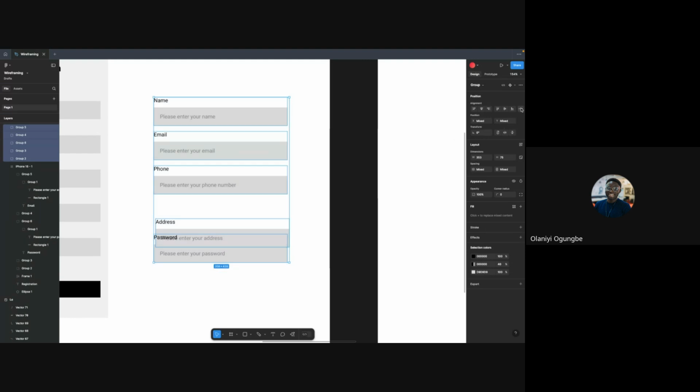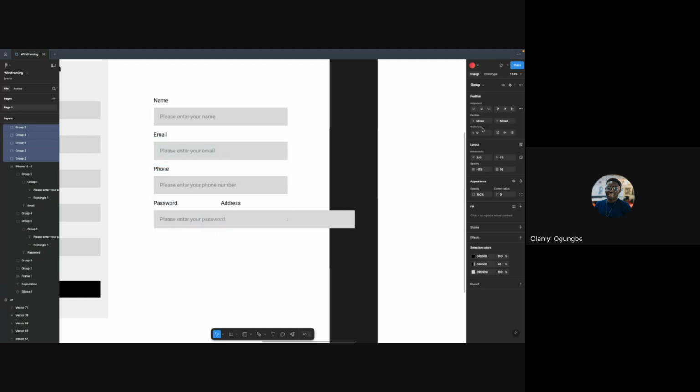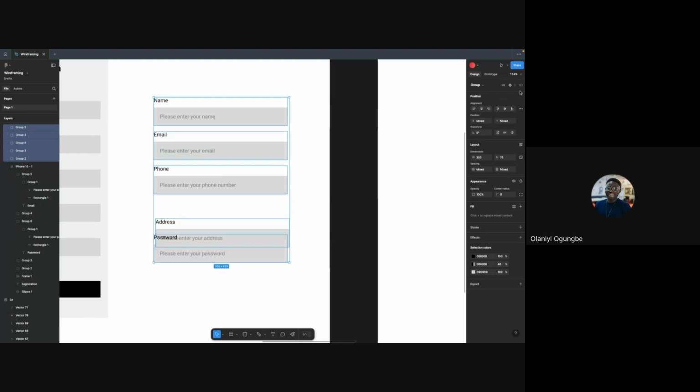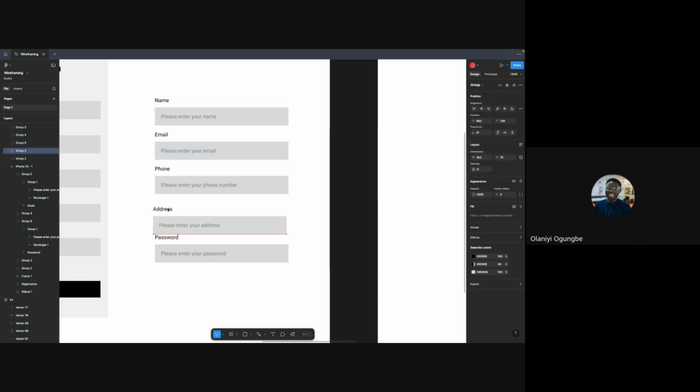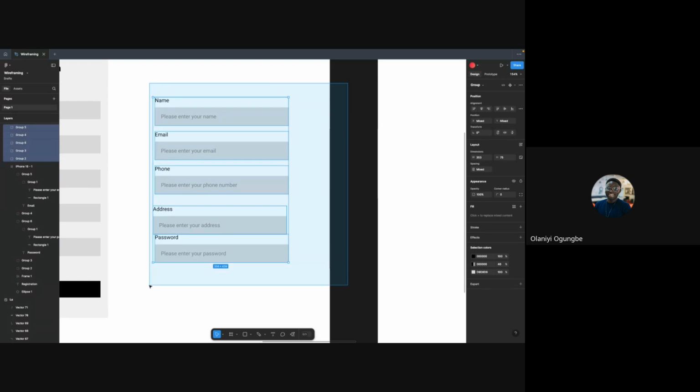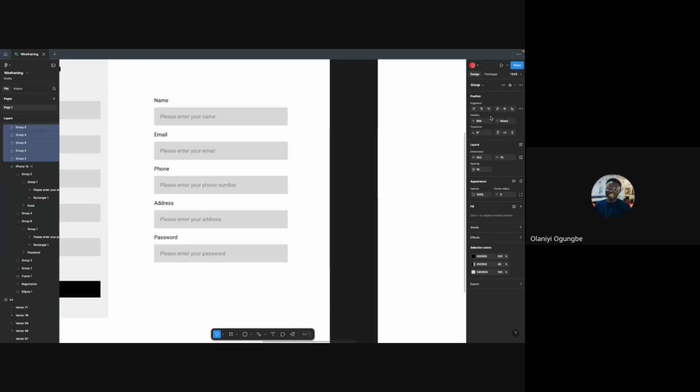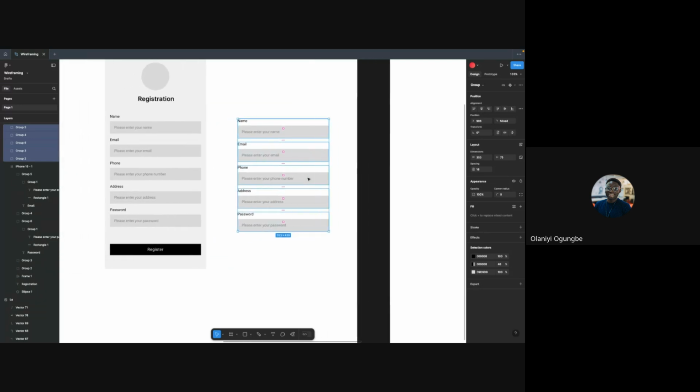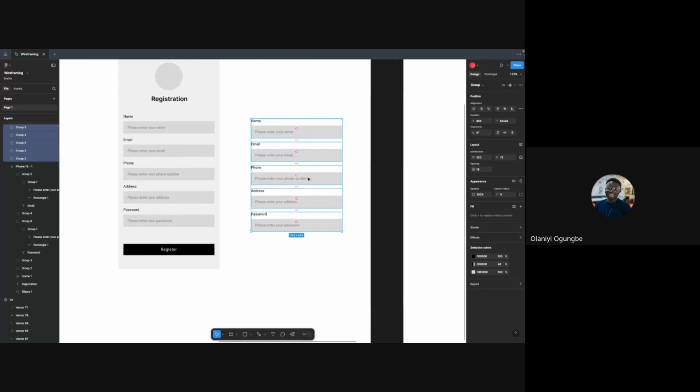Let's try again. Tidy up. See, it's all looking wonky. So make sure they are all center aligned. Let's tidy up again. It should work now. What's going on? Okay, these ones are overlapping. Tidy up. Some of these features you would get to understand better as you play around with Figma. Do you understand, Victor?